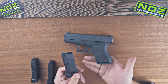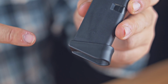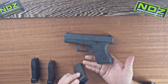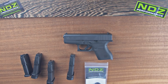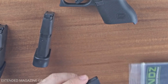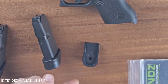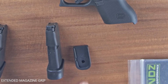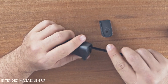I would definitely prefer carrying the extended pinky mag, but the only problem with that is that I'm giving up space with no extra ammunition. All right, we're gonna install the first NDZ Performance product. Here we go. So this right here is going to be a plate extension. It's made of aluminum for the Glock 43, it says right there, Glock 43. I'm gonna put that on there and see if that can increase the stability I can get with that pistol. All right, so first thing I need to do is remove the plate from the old magazine,